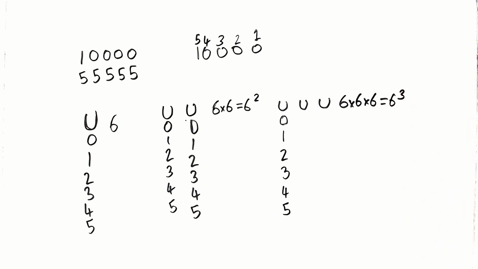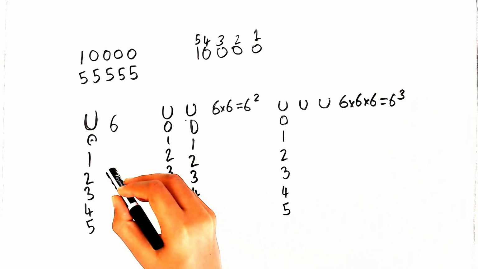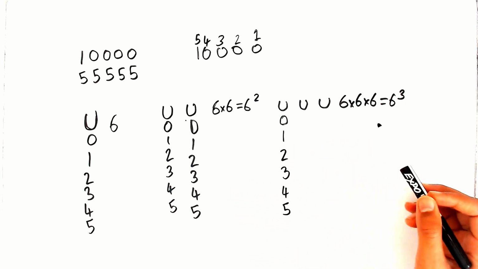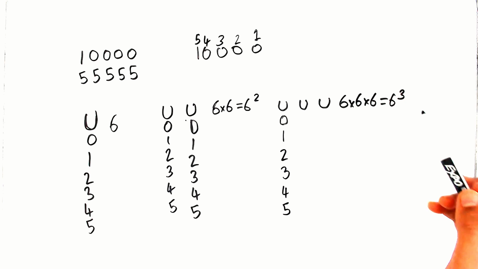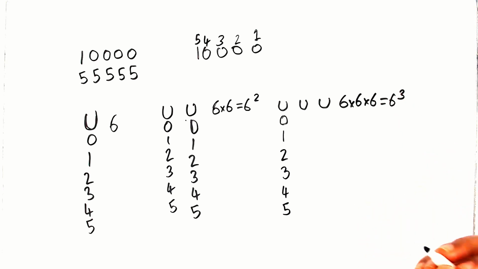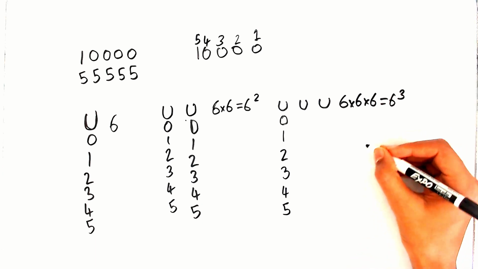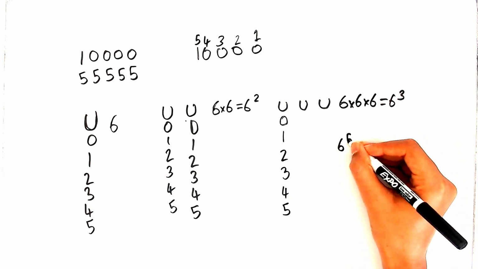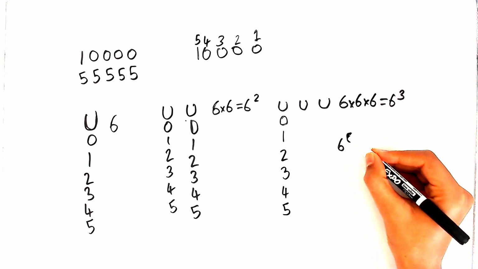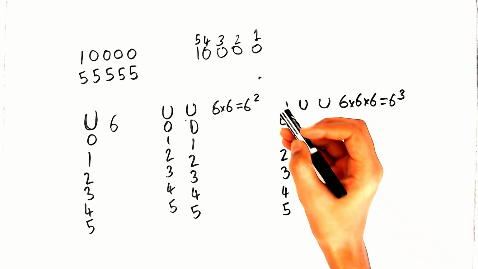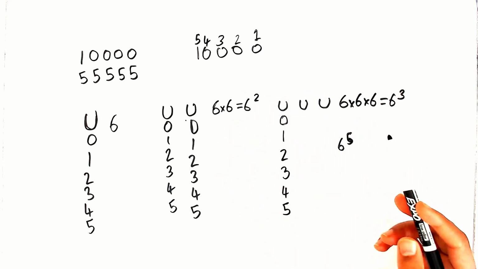So do you guys notice any patterns? For the first digit, we have 6. Second digit, we have 6 squared. Third digit, we have 6 cubed. So that means for the fourth digit, we would have 6 to the power 4. For the fifth digit, we would have 6 to the power 5. But this actually isn't the answer, because look, if we had 0 at the front, it wouldn't count